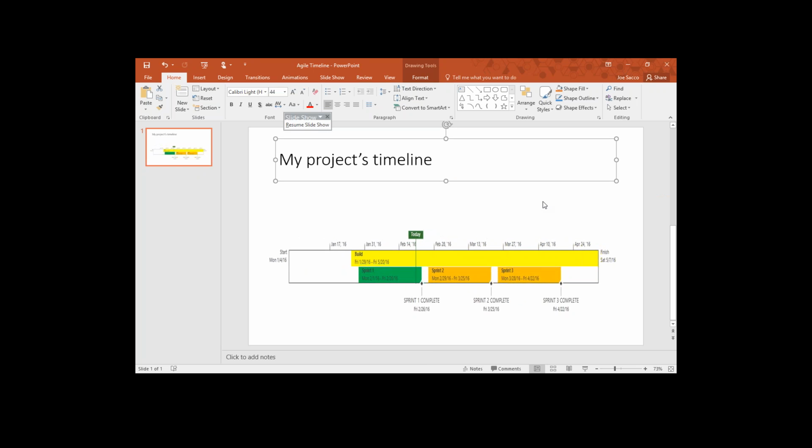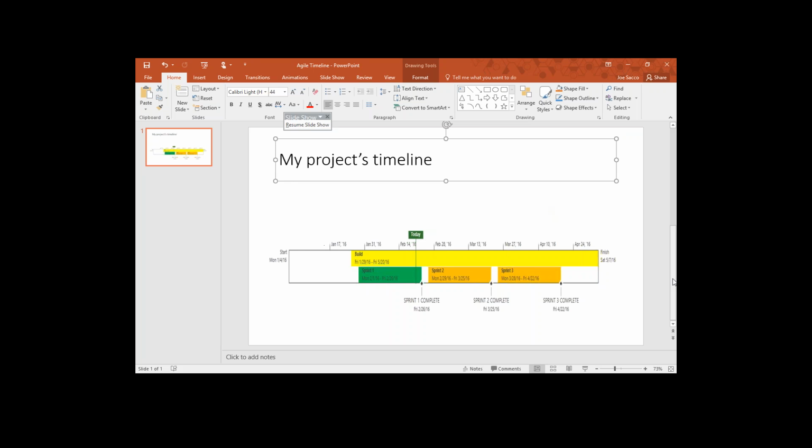But this is a great way to communicate to your stakeholders a succinct look at your project in a very easy way. We did this in 30 seconds, building a timeline, and then being able to communicate it through various means. Like again, I could have emailed this. I could have just captured the graphic and put it in anything I wanted. Visio, I could have done it in a number of tools. But I chose, in this case, I'm going to be doing a presentation, and we're going to talk about some of these milestones and what we're going to deliver in Sprint 2 and Sprint 3.